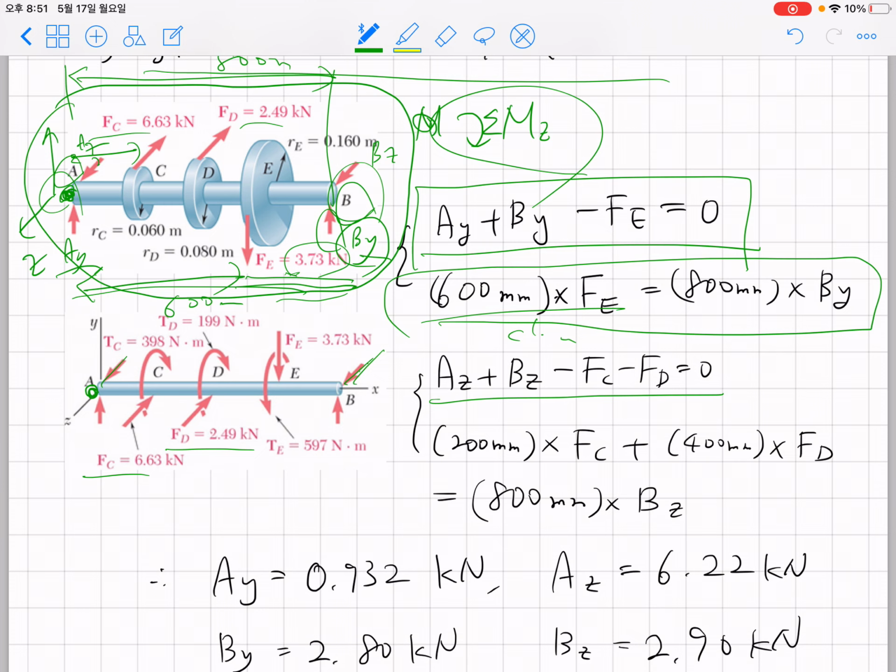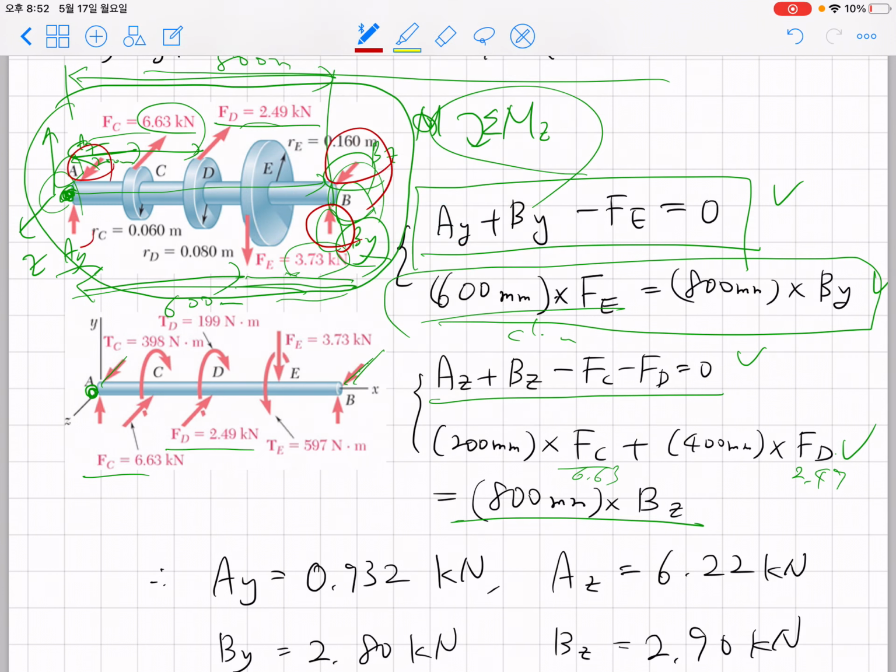200 millimeter multiplied by 6.63 and 400 millimeter multiplied by 2.49 kilonewton. This is 2.49, this is 6.63, and in the opposite direction you have 800 millimeter multiplied by BG. Okay, and they should cancel out each other. So after having 1, 2, 3, 4 equations, and we have four unknowns,